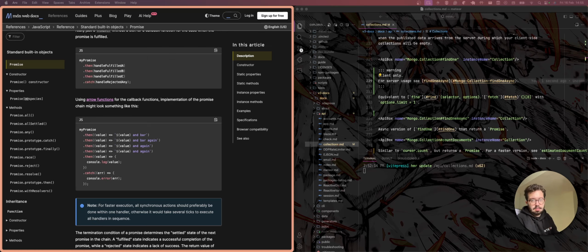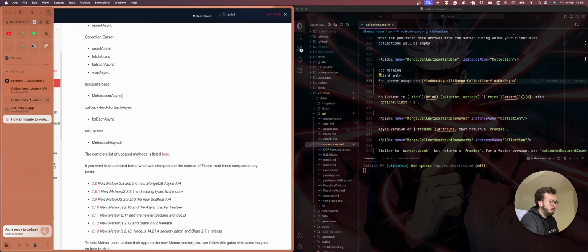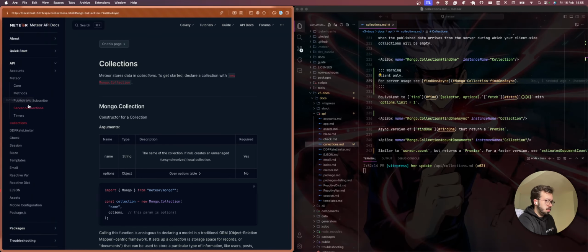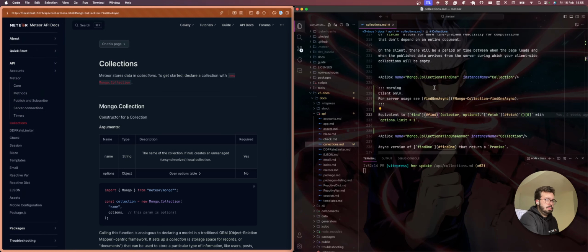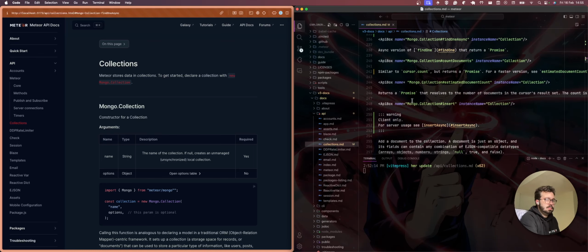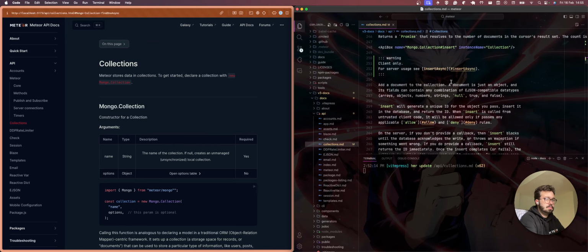But I agree, there are some people that are still learning and understanding them, and they have some differences, especially in Meteor, because we didn't have promises the standard way. I think it's important that we show how they work, how they used to work, and how they're working now. Yeah, let me do it: so findOne is now insertAsync. I think it's like this.